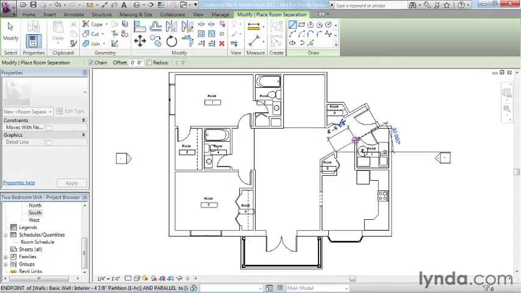So what I'm going to do is just close off each of the rooms that I want to generate with this. Now I'm going to continue out here and trace over. Might need to press my tab key here. There we go. I'm going to trace over the patio because I want to actually add a room out there